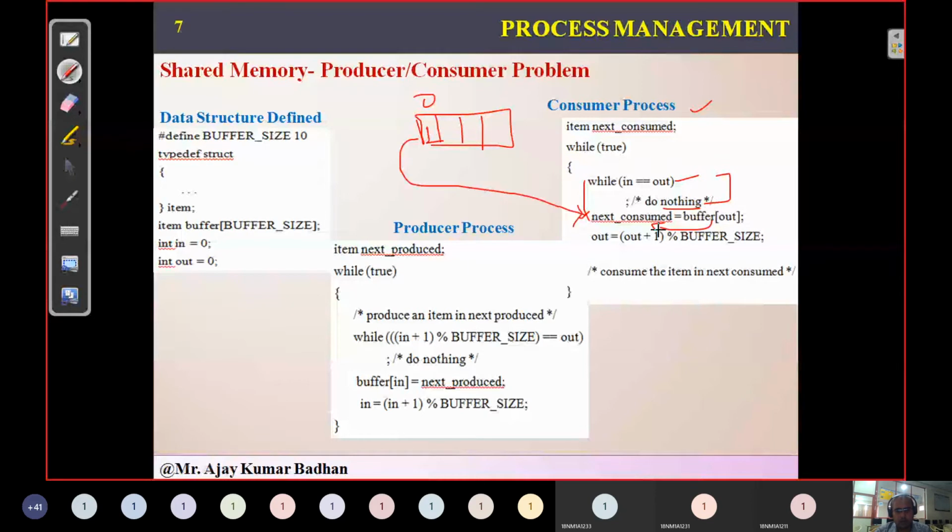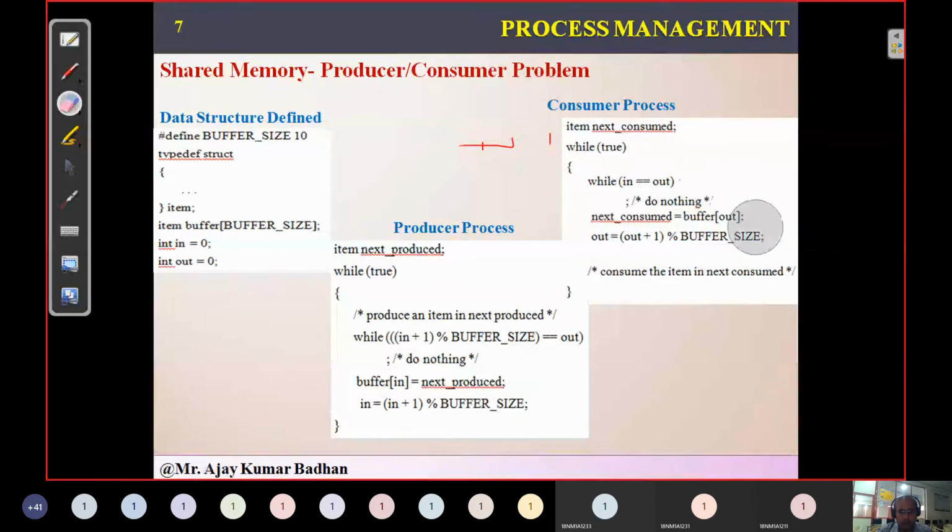Then what will happen now? This space becomes empty. There is no element here. Now out should refer to the next variable, right? Out equal to (out plus 1) percent buffer size. Why are we doing this? The percent buffer size is to make sure we are not exceeding the size. It should stay within this limit. Like we have taken n equal to 5, so within that only the number should come. If it goes beyond that, our program is wrong in some location. This is what is explained in this scenario.